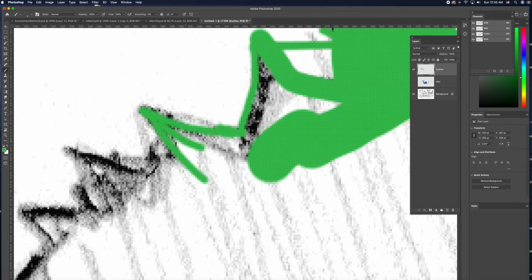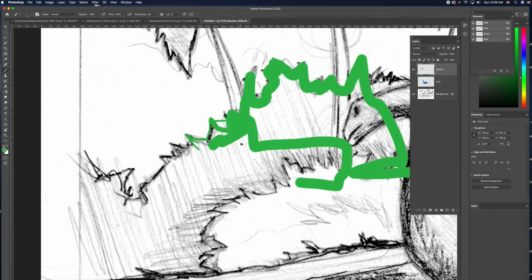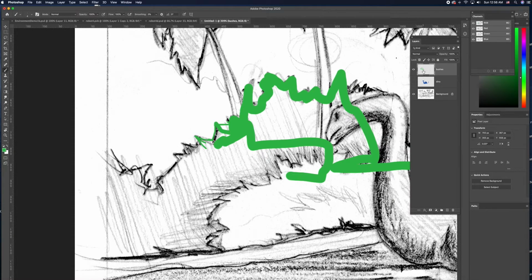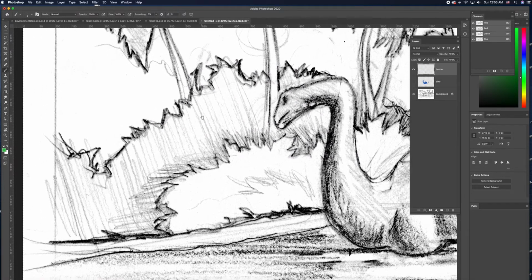Okay, so you could do it that way, but I want to show you another way to select areas to fill with color. So we'll go ahead and just clear that brush layer of everything. And what you want to use for this is you're going to make sure you're on the layer where you want the green to be, and you're going to select the lasso tool in this case. Or actually, if I look at this, this is a lot of angles, right? So the lasso tool, what that does is it lets you,